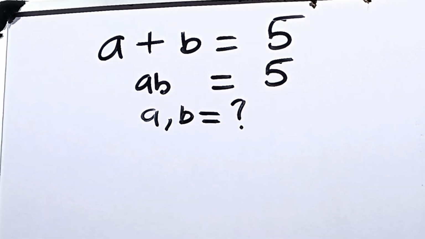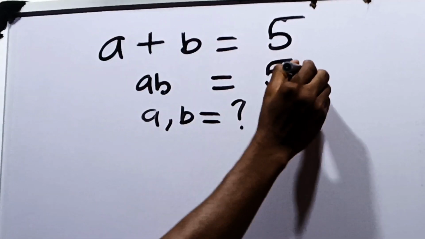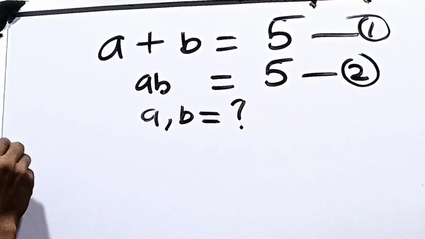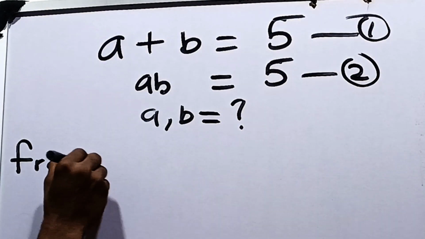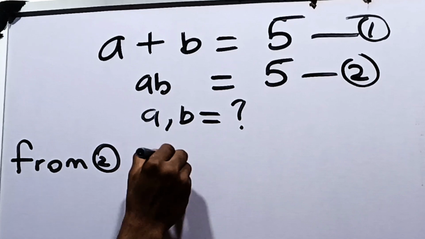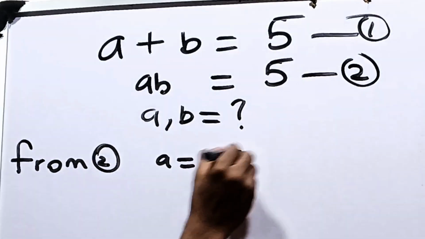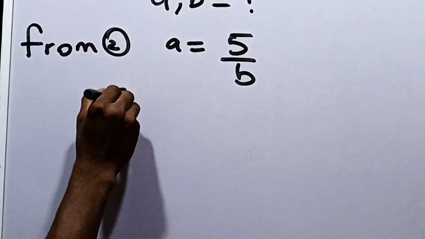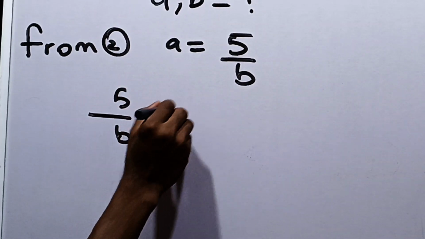Now, first things first, let's call this equation 2 and this equation 1. So we can say from equation 2 that A is equal to 5 over B. So we replace A as 5 over B in equation 1, and we'll have 5 over B plus B is equal